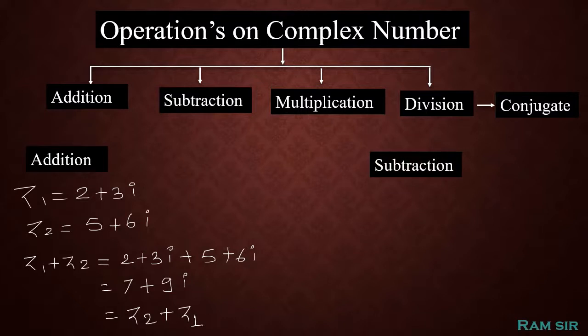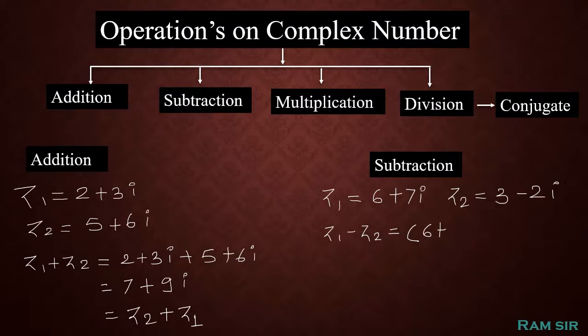Let's understand next the subtraction of any two complex numbers. In general, I am writing two complex numbers here. We have z1 equal to 6 plus 7i and z2 equal to 3 minus 2i. So let's subtract: we find the answer of z1 minus z2. Since we are doing subtraction, use brackets to write them. Because of subtraction we are changing the sign, so it's important to use brackets. We get 3 minus 2i. Now in the next step we have 6 plus 7i as it is.